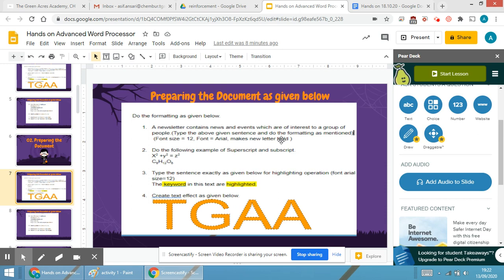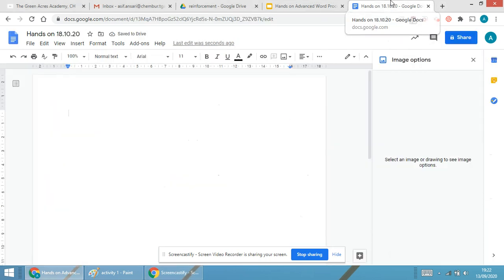Font size equal to 12, font equal to Arial. Make newsletter bold. So I've already opened a Google Doc and I have given the name hands on and the date. First, the newsletter.